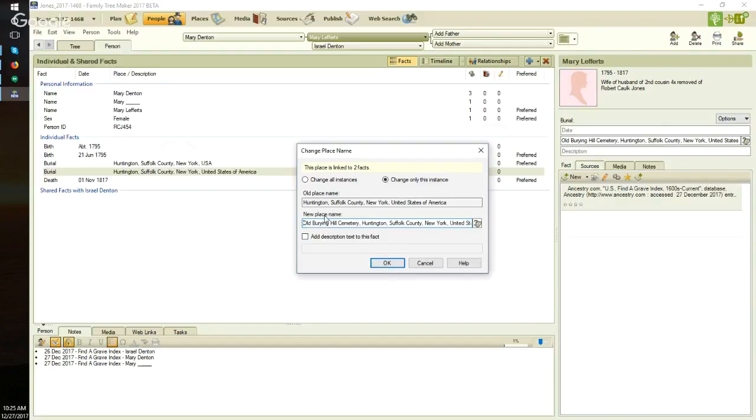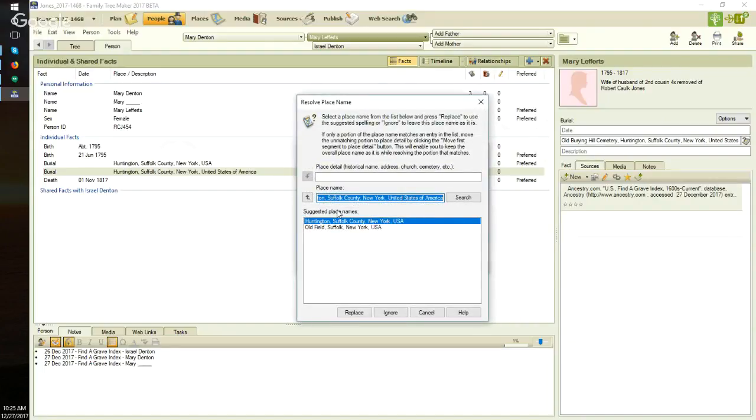I could just place it with that, but I don't want to because I want the cemetery name in the place field. So I opened up the resolve and I move the cemetery to the upper box. These fields are broken up with a comma. So when I entered the data over here on the right, it was cemetery, comma, space. So when I use this up arrow, it put the cemetery name at the top, and it's offering me Huntington,